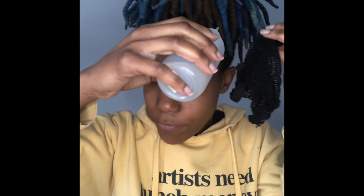The next thing you're going to want to do is, after you got done rinsing the clarifying shampoo off, you're going to want to get either your tea tree shampoo or your moisturizing shampoo. Honestly, if you could get 2 of these and put the other shampoo in another one, that would be better. That way when you have on this cap, you can literally just squirt the shampoo,